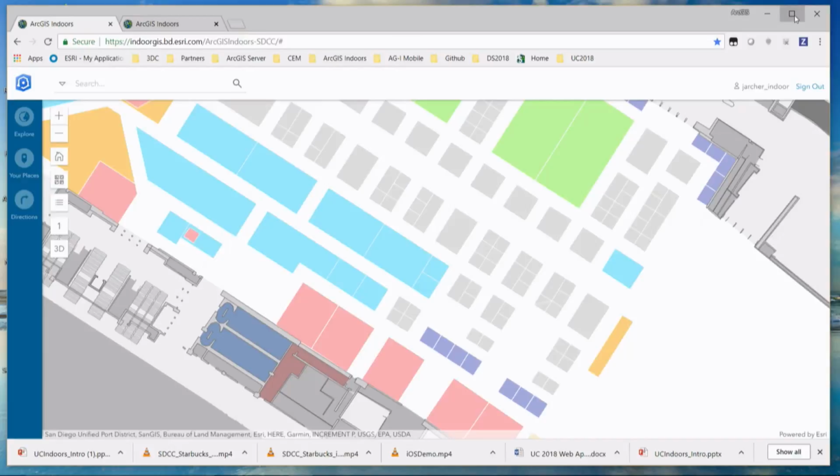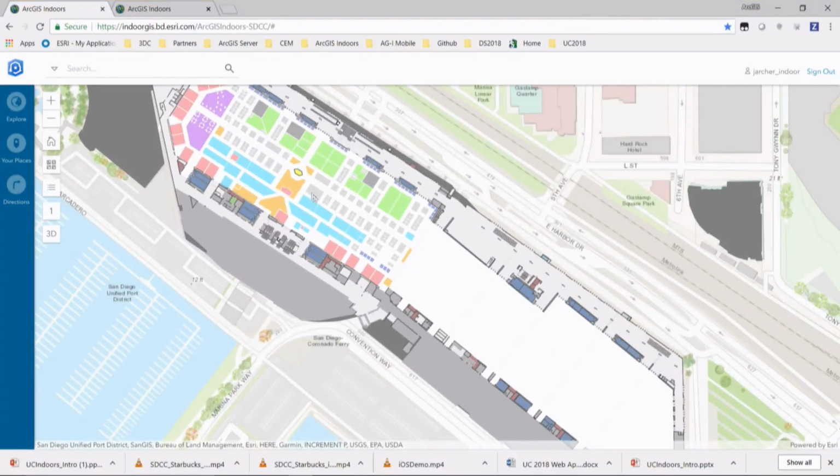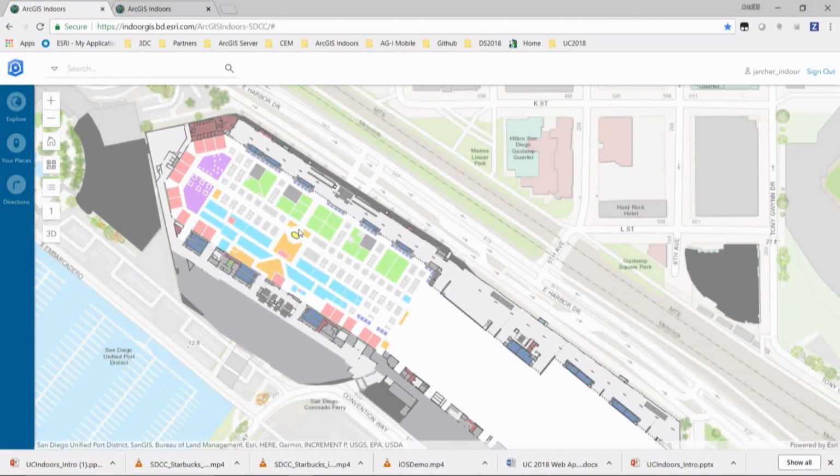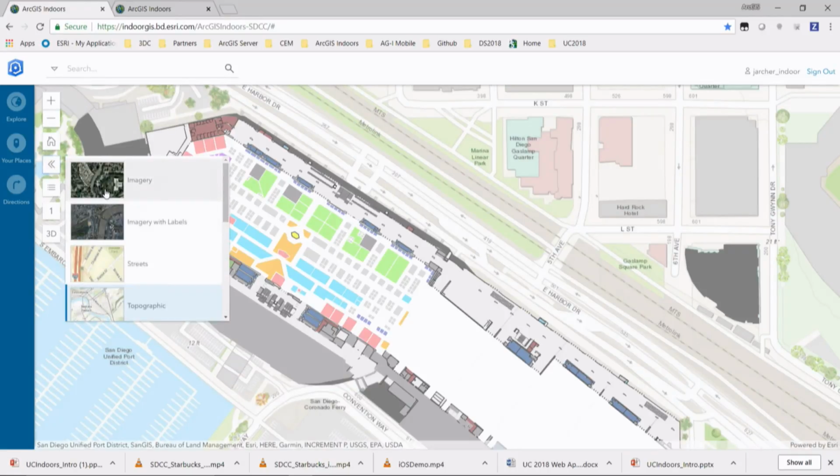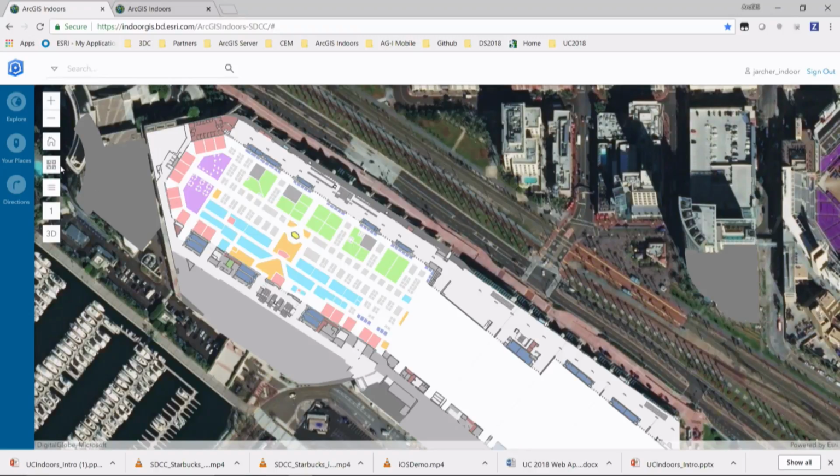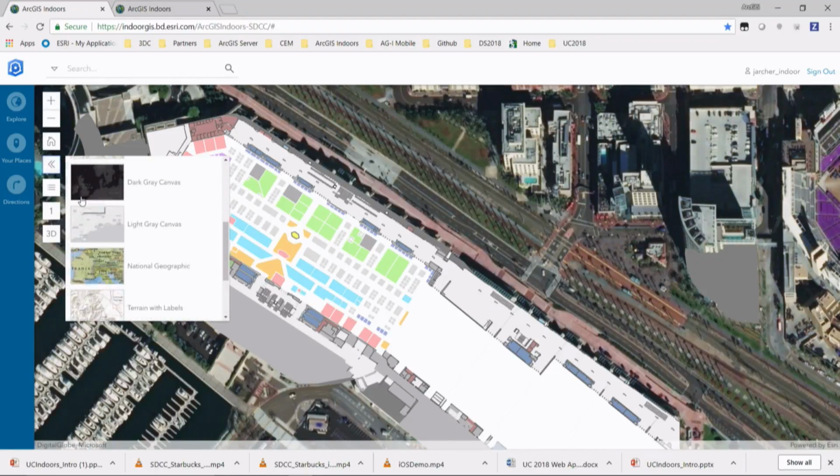So here is the browser-based application, and the map will look familiar. This is the map that Craig put together in Pro. The workflow would be that he would create the data, create these maps, publish them to ArcGIS Online organizations or to a portal, and then the web application is just written using the Esri JavaScript API. So we can take advantage of all the stuff that's in the API, build it into the app for you guys. That means really basic stuff like the base map switcher. I can switch to imagery. I can switch back to topo.